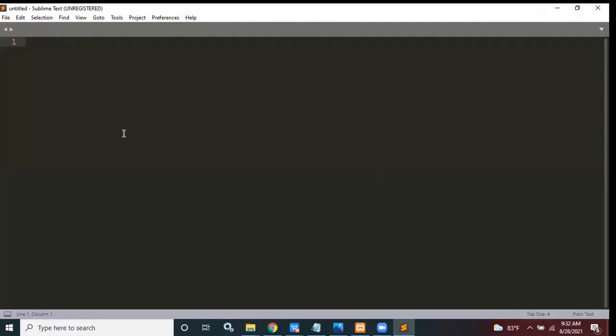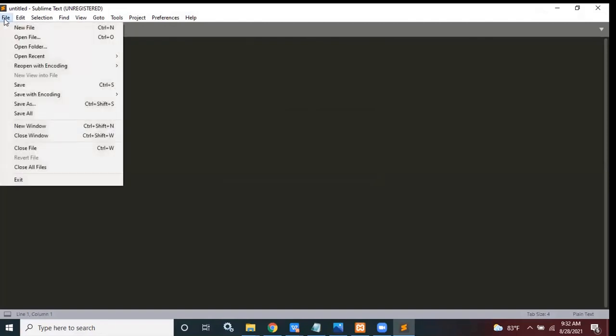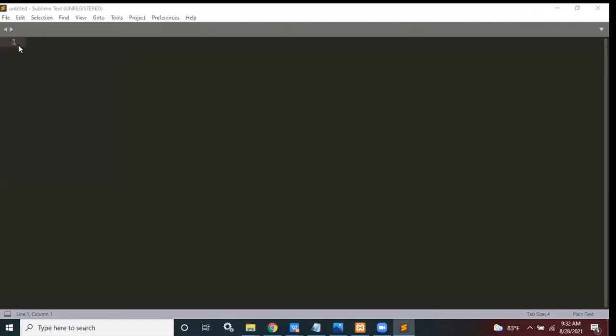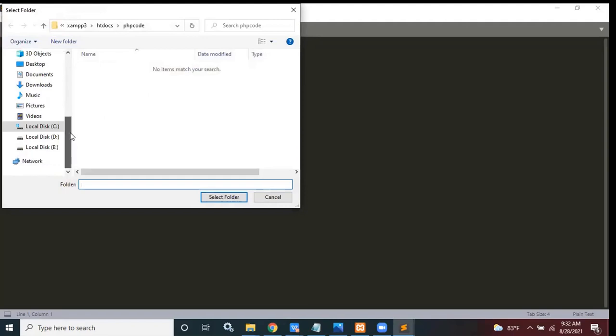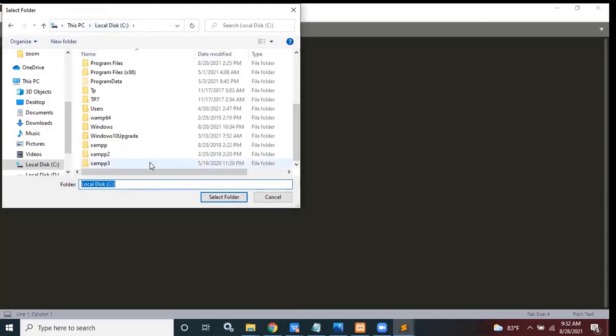Now, once you open this application, Sublime Text, go to File and then click Open Folder. Simply, you can open any folder in this text editor. Right, I'm going to open my folder. Let's go to this part. It's C. As I was explaining, I have several versions of XAMPP installed on my machine. So here my latest version is XAMPP 3, so I'm going to that folder. In your case, it is XAMPP. So I'm going to say XAMPP,